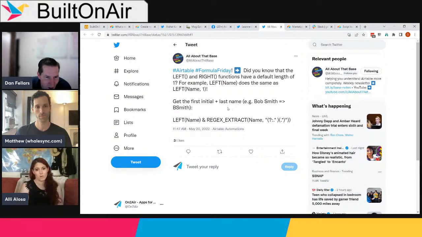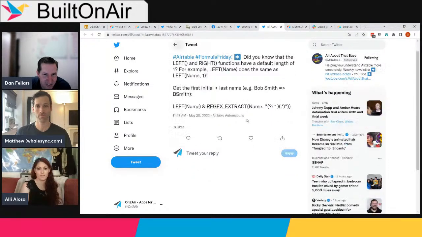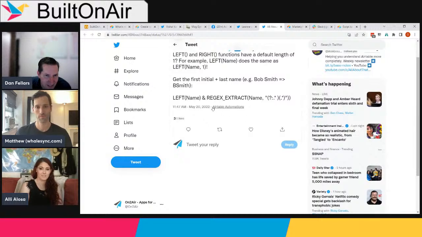I'm so not familiar with how regex works. I would assume it's grabbing the first letter, so B, and then everything after the last space? How does that work? So what he's creating is just the first letter of the first name and the last name combined. So LEFT, I didn't realize this, you don't even have to put in how many characters you want. So I assume the default is 1. Yeah, so this is just getting the first character, and then extracting